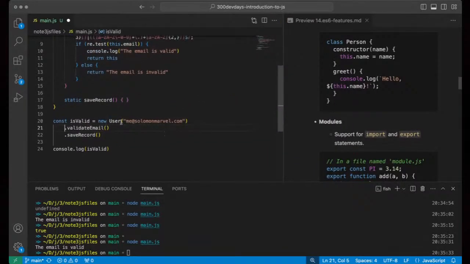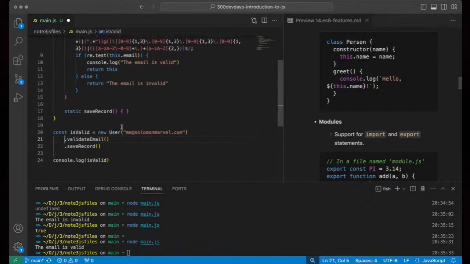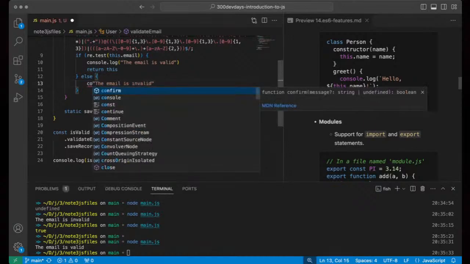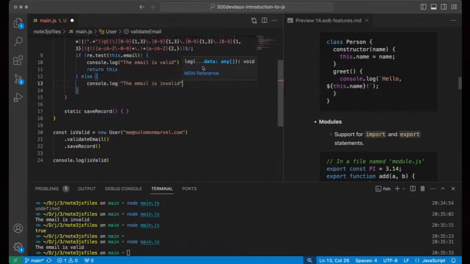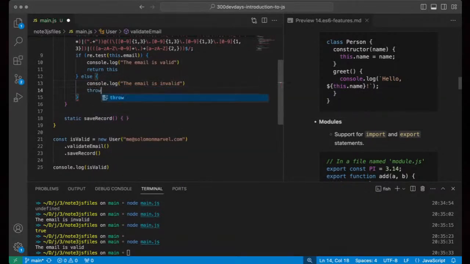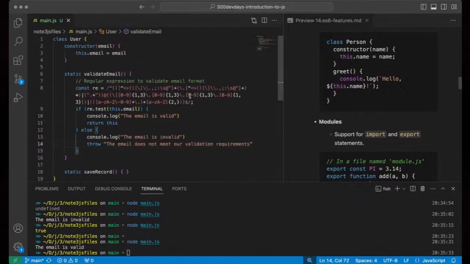So we've created a new user, we'll perform the validation, and if it's not valid, at this point, of course, we can console this as well, and then instead of returning this, we can throw, right? We can throw an error, or the email does not meet validation requirements.